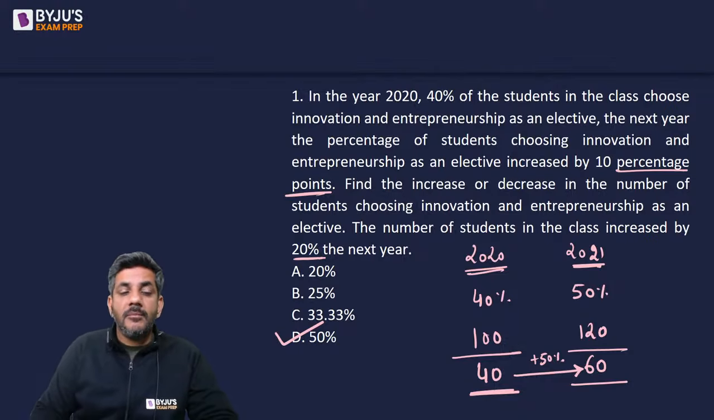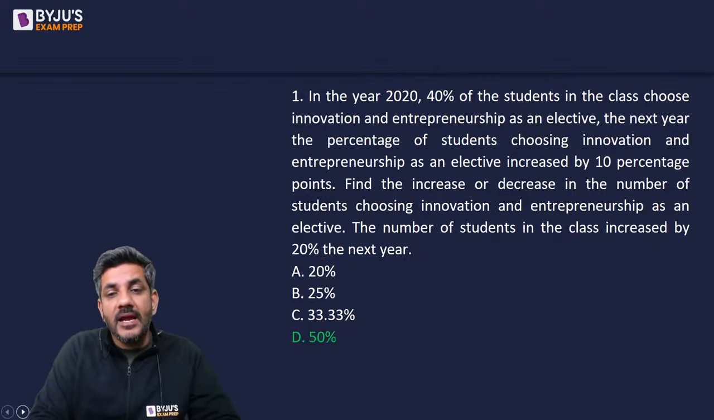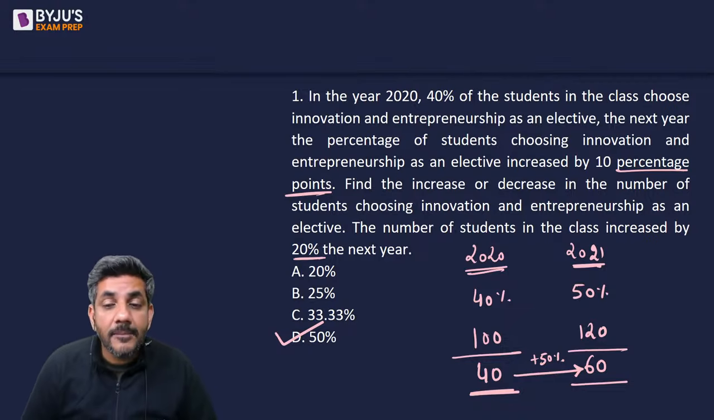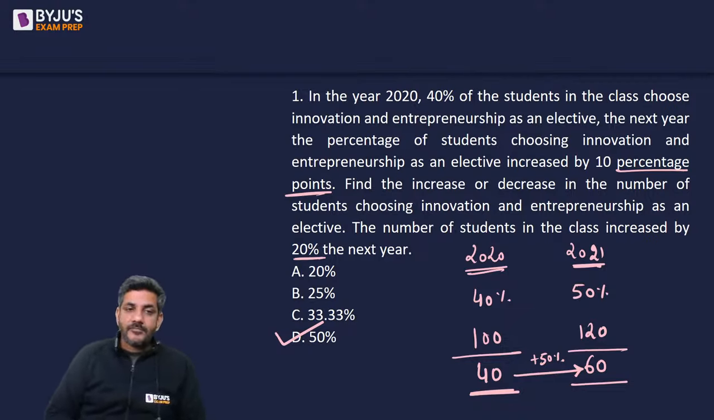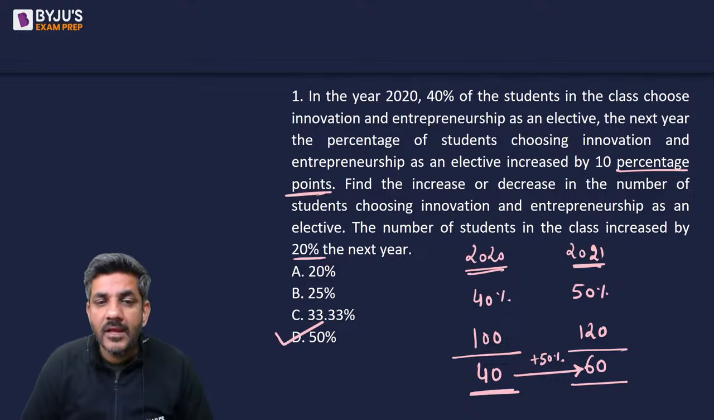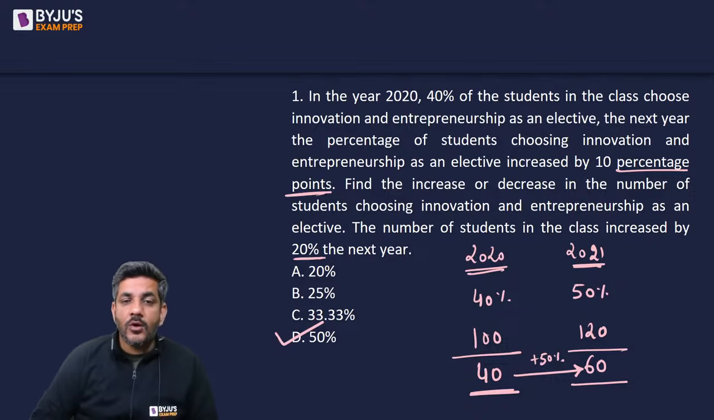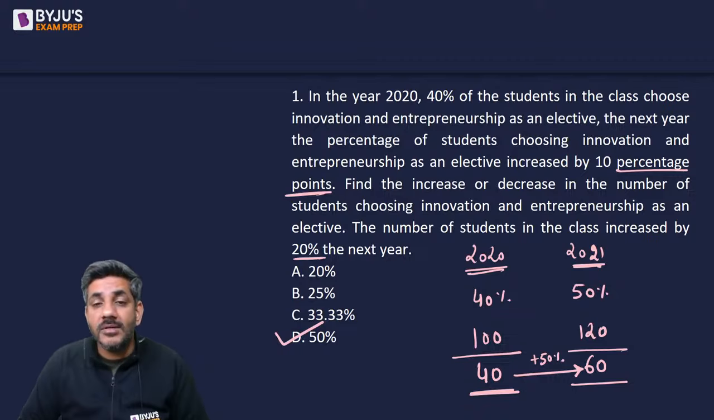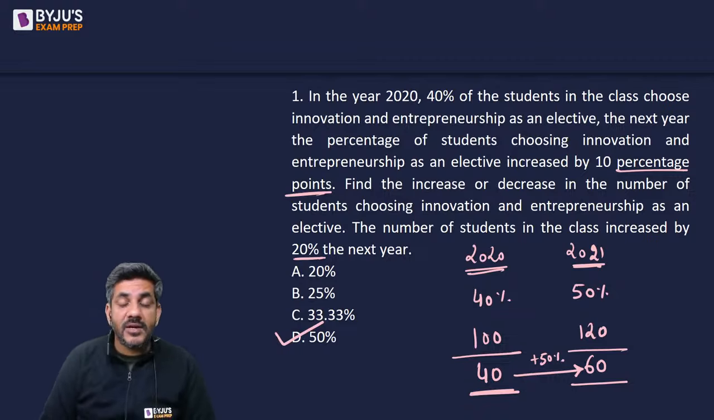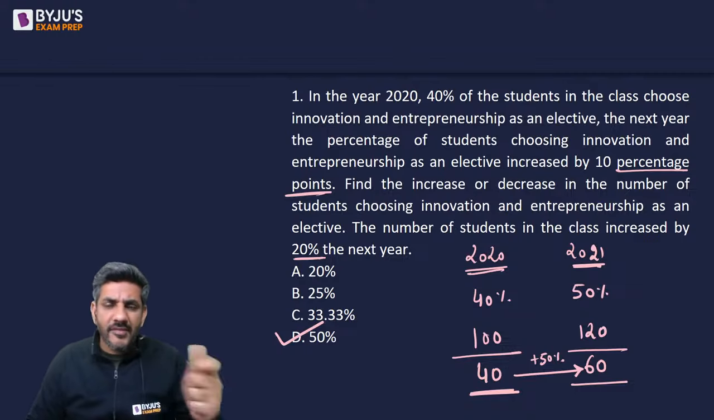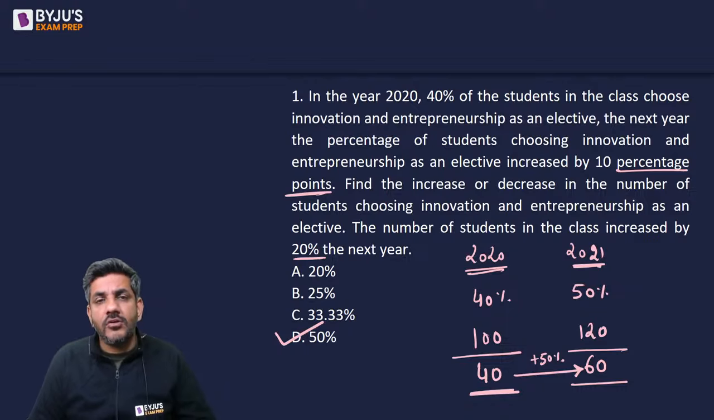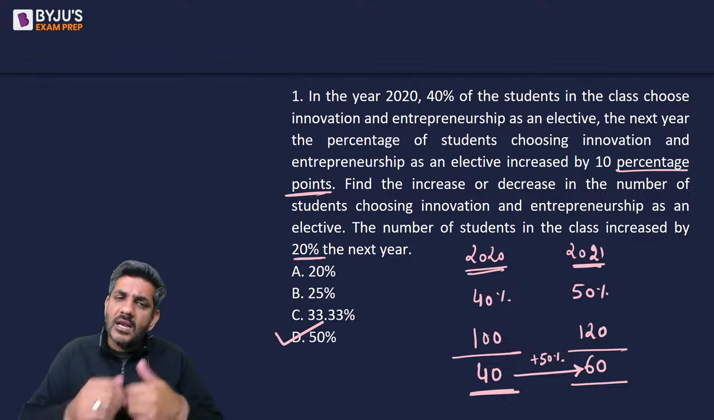So D option becomes the right answer for us, that the number of students will increase by 50% this time. That's how we get the answer for this question. Though you can also look at this question from a successive percentage increase perspective, though that will make it a little difficult. But anyways, just to understand different kinds of concepts, it's always better,